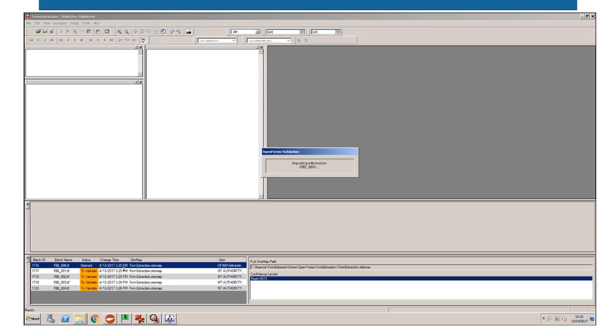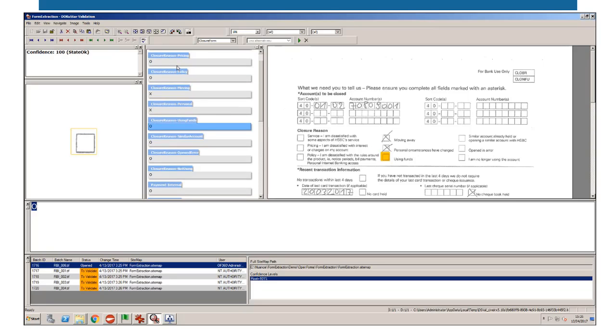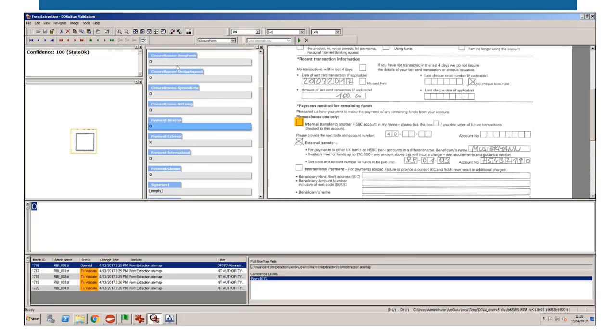So if I look at there, you can see they're coming through. So I've got 4. So I can see each of these, and you can see the fields that have been extracted, so the reasons, etc. And I can tab through these fields to check what's been extracted. An O is used if the field is open, a checkbox has not been marked. X shows that actually it's ticked, and I can scroll down and go through each one of these in turn,